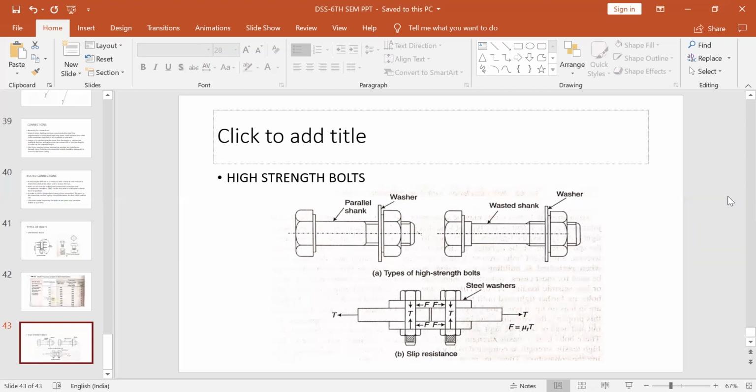Tension in holes. This is very important. Whenever you make holes, your stresses will be more near the hole section and less near the solid section. So whenever a hole is made, stress concentration is there. But when you are transferring loads through friction, stress concentration is very much reduced, reducing the risk of failure of plates through tension.